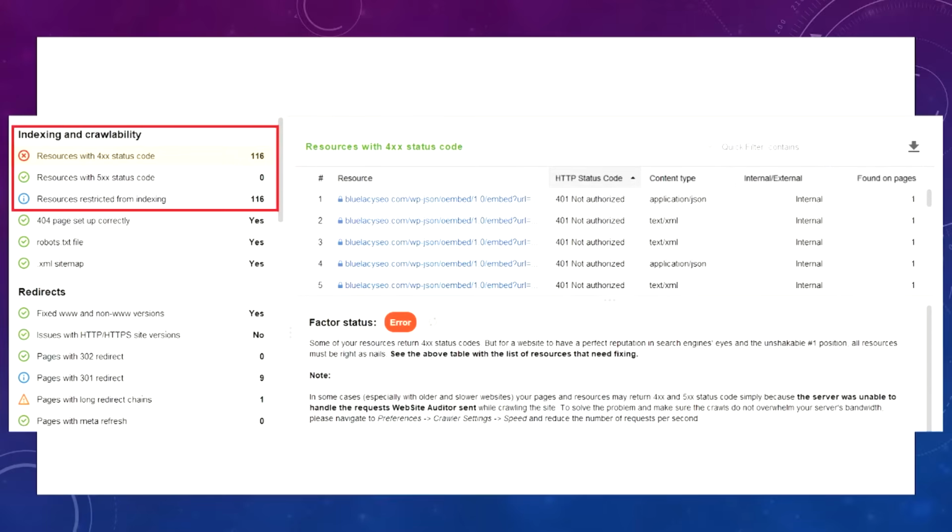All right, let's look at another section: indexing and crawlability. Now, indexing errors happen when you've asked Google to index a page, but it is blocked. For example, a page has been added to a sitemap, but is marked with a no index tag, or it's blocked with a robots.txt. To resolve this issue, check whether the pages